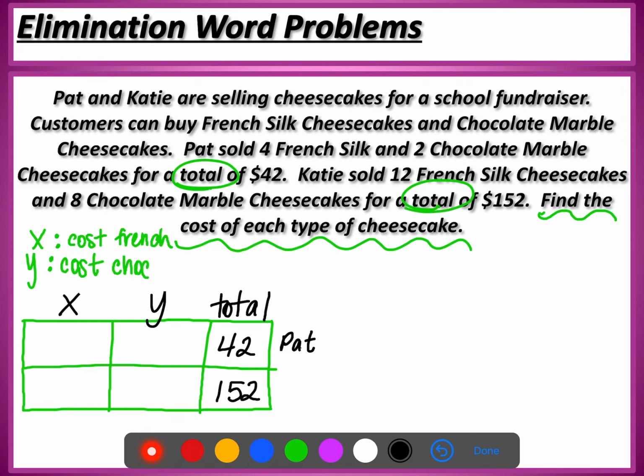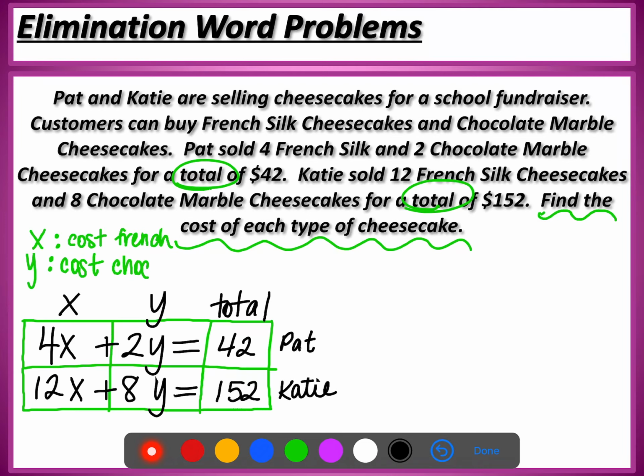And there was a total of $152 from Katie. All right, so what did Pat sell in order to make $42? He sold 4 French silk and 2 chocolate marble. Okay, and how about Katie? Katie sold 12 French silk and 8 chocolate marble. All right, so we're going to use these two equations